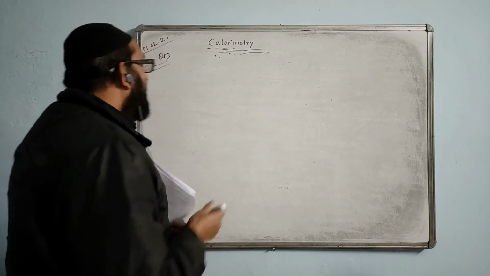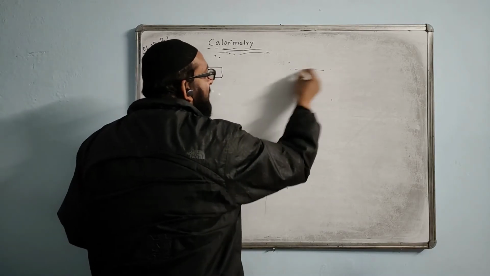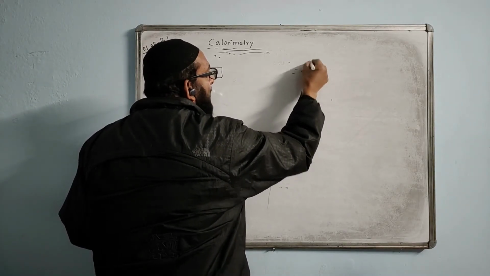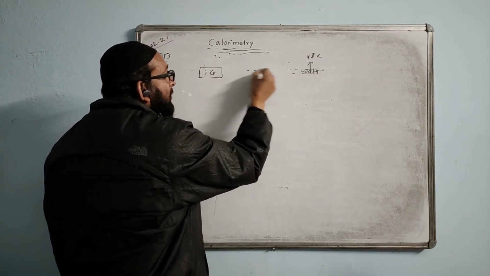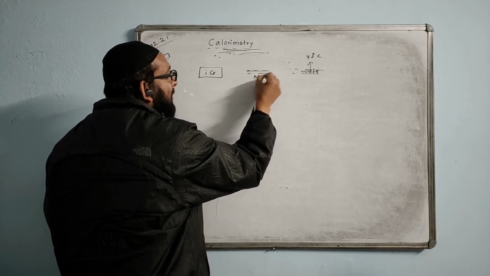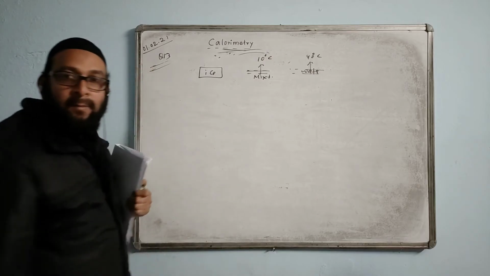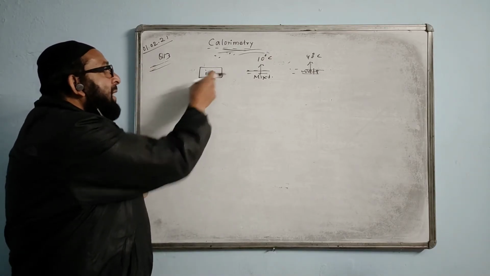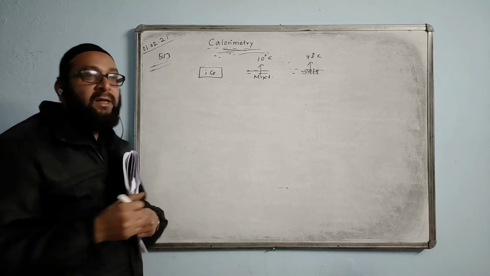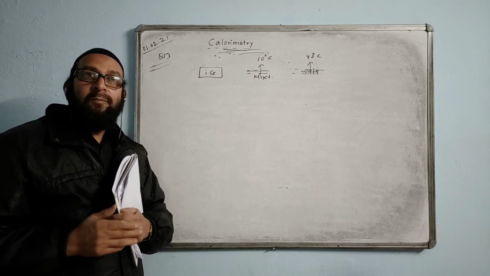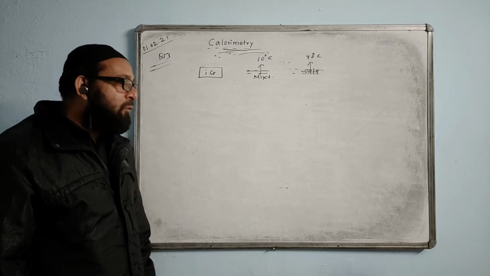Okay, 4.2. The question says there is some ice on one side, and on the other side we have some water. The temperature of the water was 40 degrees, but after putting in ice, the water cools to a temperature of 10 degrees Celsius in the mixture. You have to find the mass of the ice. So here also, which one loses heat, which one gains heat? You are mixing also. The principle of calorimetry: heat loss is equal to heat gain. Which one will lose heat?